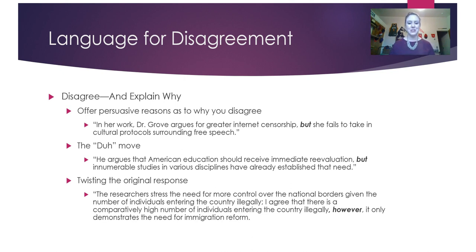abstract in future lectures. So first, it's important when you are discussing disagreement and articulating a side of disagreement that you explain why. So why does this disagreement exist? How does it exist? And there are a few ways that we can approach that. So first, offer persuasive reasons as to why you disagree. So in her work, Dr. Grove argues for greater internet censorship, but, now that's a word we can use for expressing disagreement,